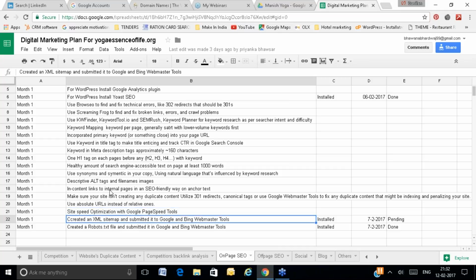And you will create an XML sitemap and submit that sitemap to Yahoo, Google, Bing, and you will create robots.txt. In the sitemap, you will list all the pages which you want to rank in Google, and then you have to submit it to Google. And in robots.txt you will list all the pages which you don't want to appear in Google. So you will create the robots.txt in the particular syntax, and then you will upload that robots.txt file on your server and submit it to Google.